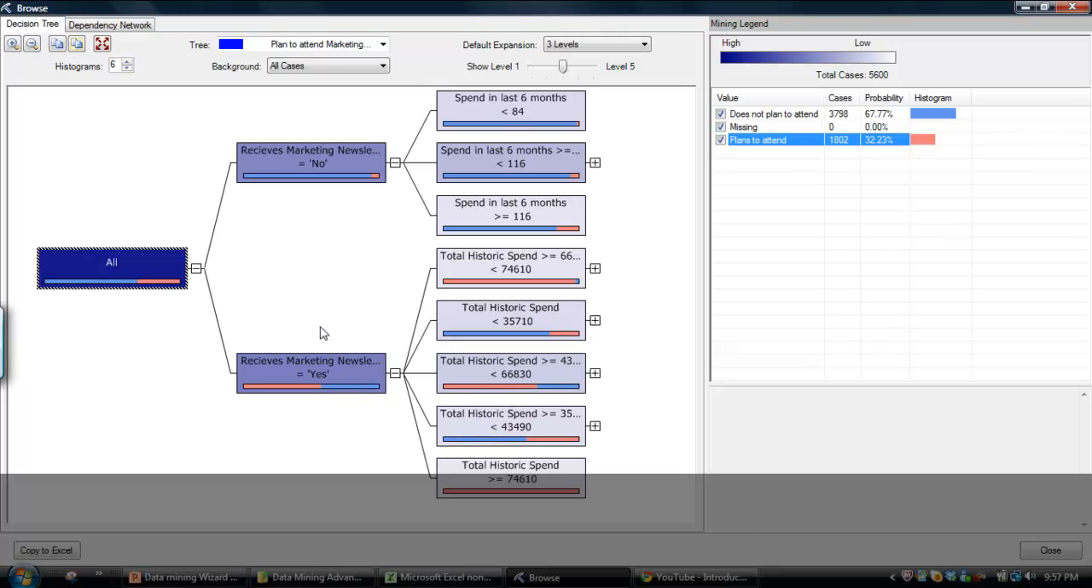But what we see is whether they receive a marketing newsletter or not is actually the key thing, the most important predictor. That's why it is the first branch in the tree. So if they receive a marketing newsletter, 56% of them plan to attend, versus if they don't receive a marketing newsletter, only 6.4%